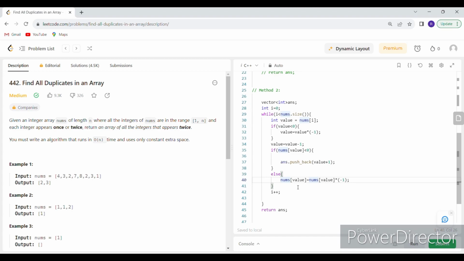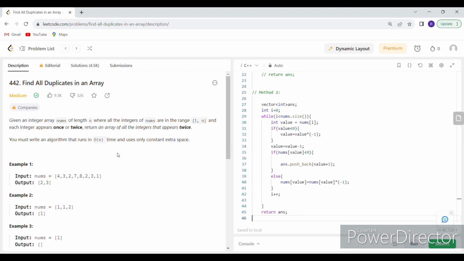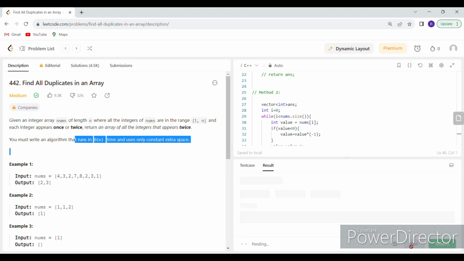After that, I'll increment i. Anyways I'll increment i whether the if condition or the else condition gets executed. Next time if this value is encountered, nums of value would be negative, and this would mean that we are visiting it for the second time, and that value will be added to the answer. So this is about the second code. It would take O(n) time complexity and O(1) space complexity as mentioned here. So let's run it and see